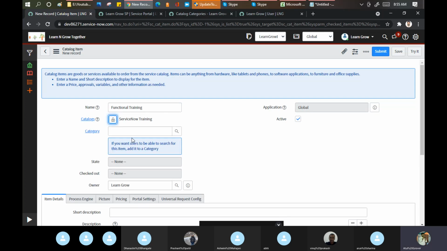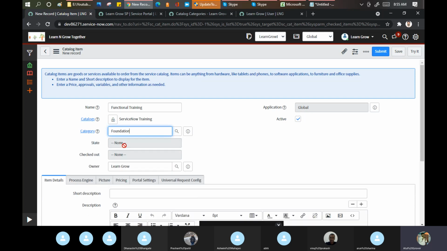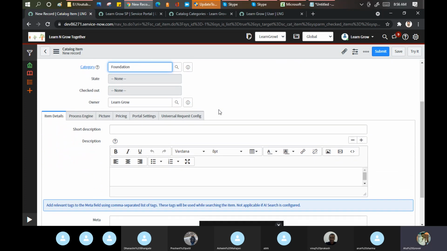Under which category do you want it? Dal makhani in the food catalog, food menu card. Under which: desserts, main course, dals, chapati? It should go in the dal section. So let me put it as, what is the name of our category? Foundation. Understood? And who is the owner? Learn and grow. Now if I go here, these 6 are important, at least 5. Not this one, because this is newly introduced in Cubic, so we will not discuss it. Short description.